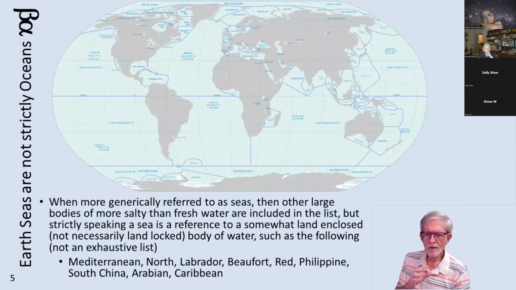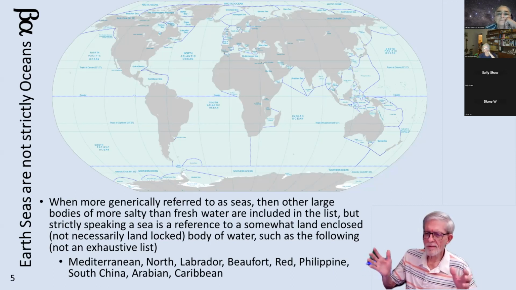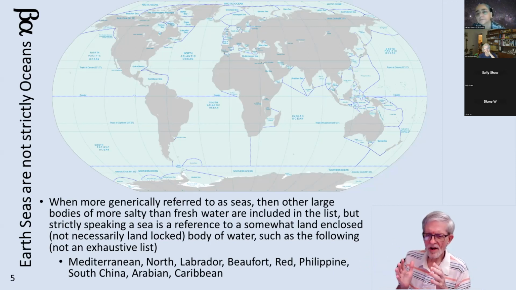People will get confused or use the same term, oceans and seas. Seas are not the same as oceans. Seas are more encompassed by land. They're not landlocked, they're just partitioned areas. As you can see from this globe, there are small areas near shore that are seas that are not big enough and open enough to be classified as oceans, or they're near a shoreline and therefore they get claimed to be a sea.